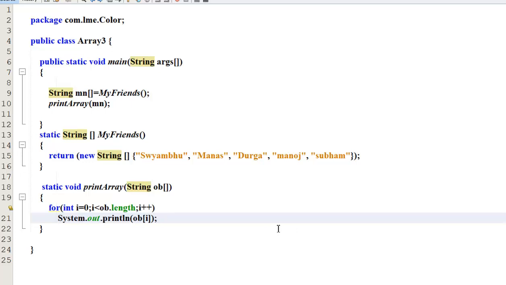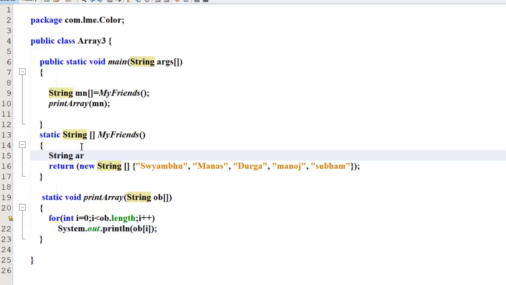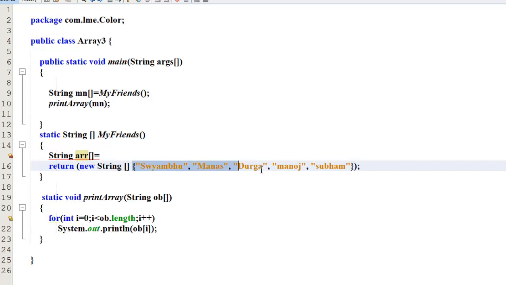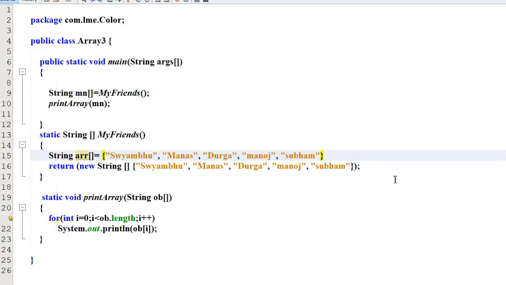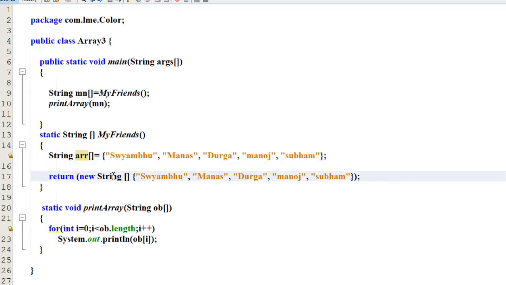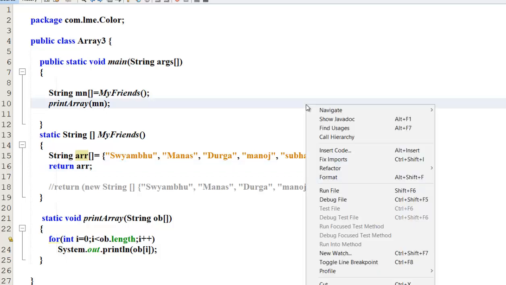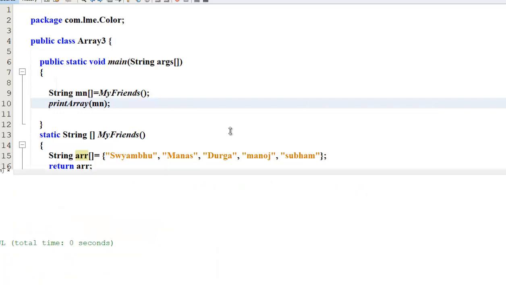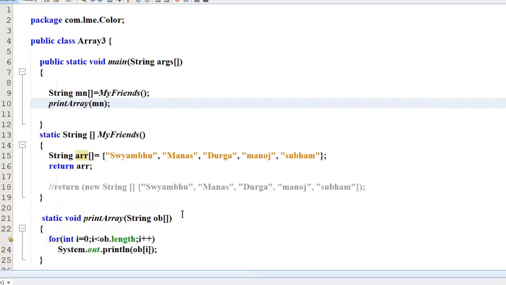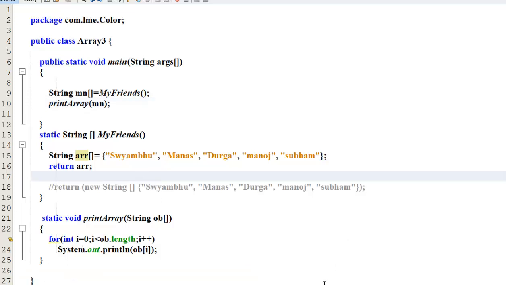A new string. Okay, so we will do one more line, another. So I have defined a string of array equal to this singles. These all, Control C and Control V, copy paste. Now cancel this return statement. We will do one more return statement. Return, same, automatically it will return. Now run this code. Yes, we are also getting the same result. We can write this is called anonymous type.